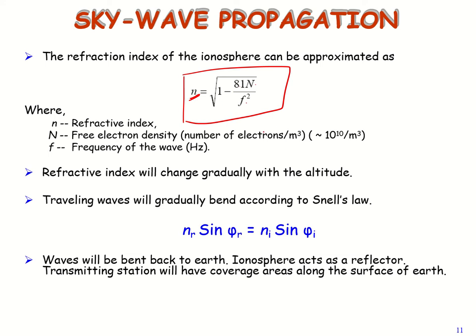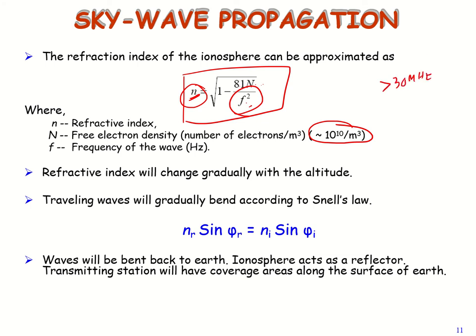What is N? The free electron density, and the typical value is 10 to the power 10, a very high density in the ionosphere. f is the frequency. So depending on the frequency and the ionization density, the refraction index of the electromagnetic waves can be calculated. If the ionization density changes, then the refraction index will change. And if you move towards higher frequency, for example greater than 30 megahertz,